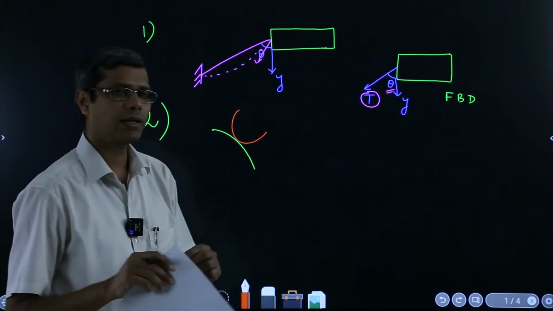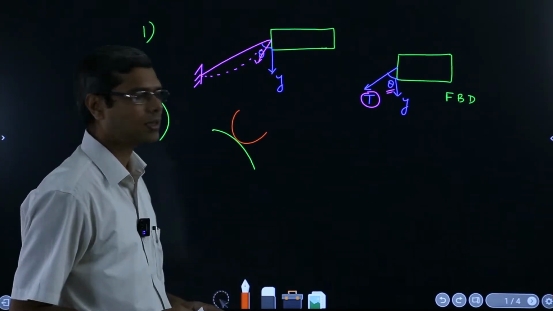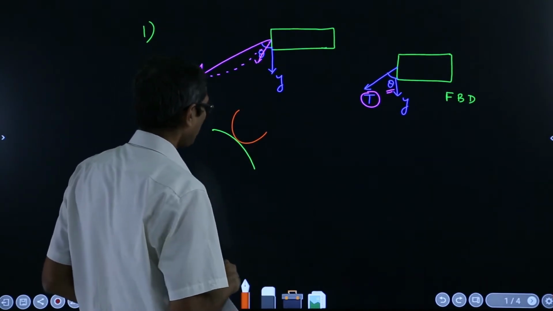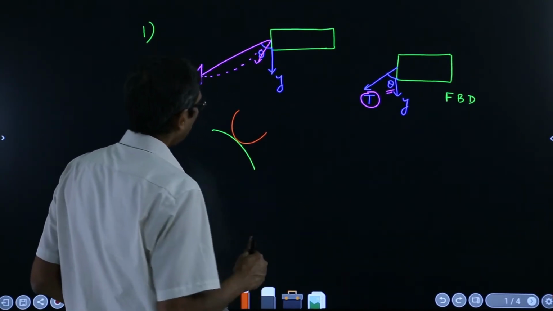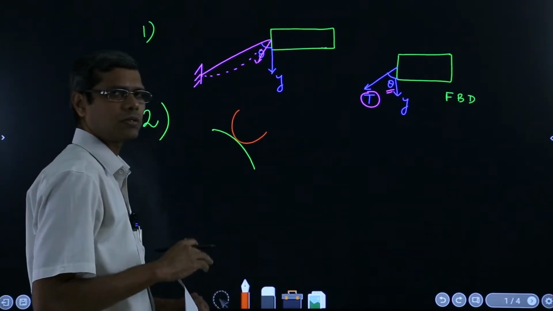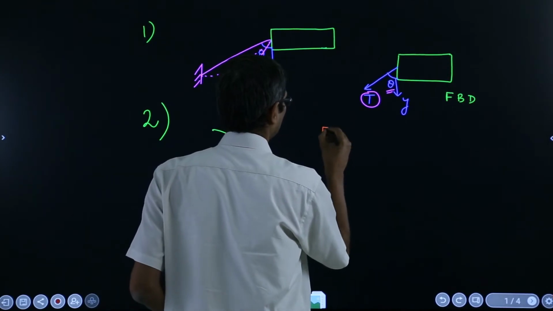Earlier we were saying that a thread is the connector. Here the two surfaces are the connectors, or you can say both of them are part of the connectors. So here, if friction is absent, if frictionless,